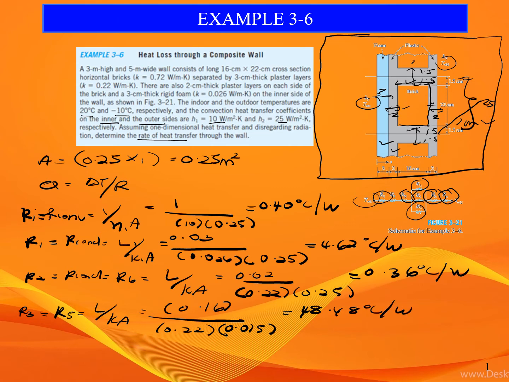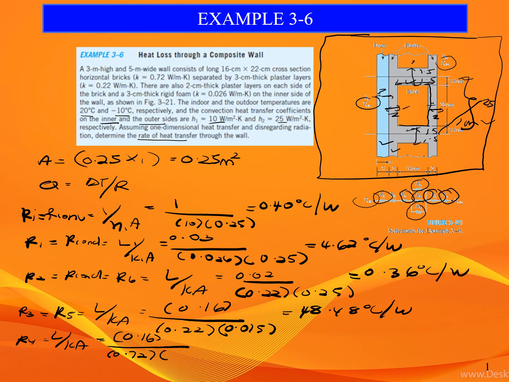Okay, so now we want to calculate R4, the brick side. So the brick area also slightly different. So R4 also R conduction over A. So the length, the thickness of that is 16 cm. So 0.16 meter over conductivity 0.72